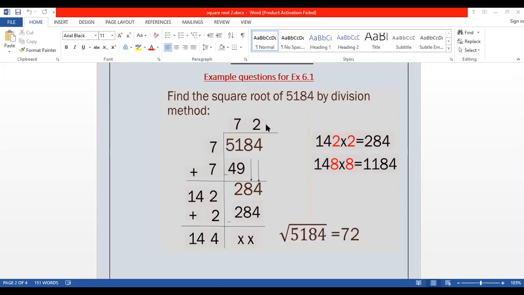Clear everybody? Now here, when the two pairs are there, first you have to make the pairs. And here, please mention the signs, negative sign, plus sign over here, and properly solve the question. Very important, the rough column must be there in every copy. You have to maintain the rough column in each and every question of square root, and then in the end you have to mention the answer like this, that first copy down the question, within the square root, and then the answer must be written like this, that is equals to 72.